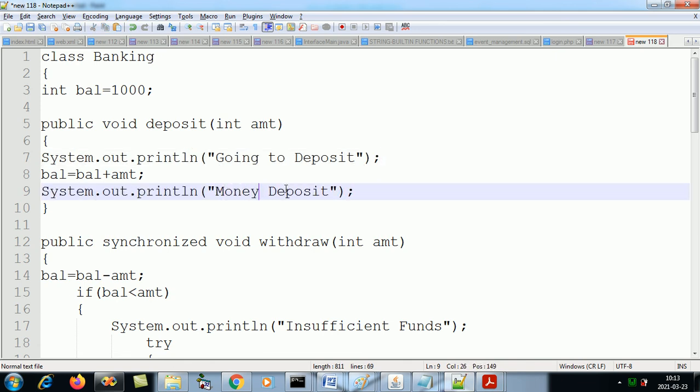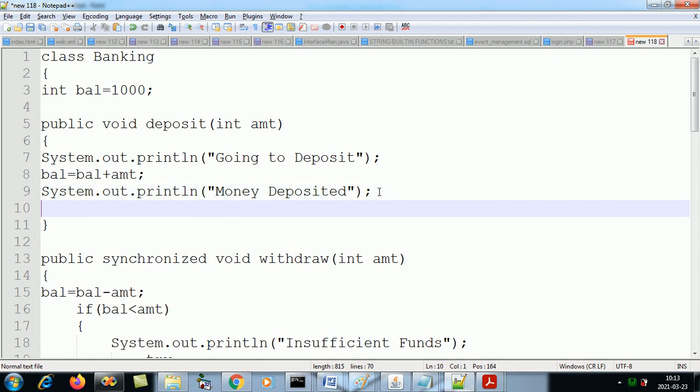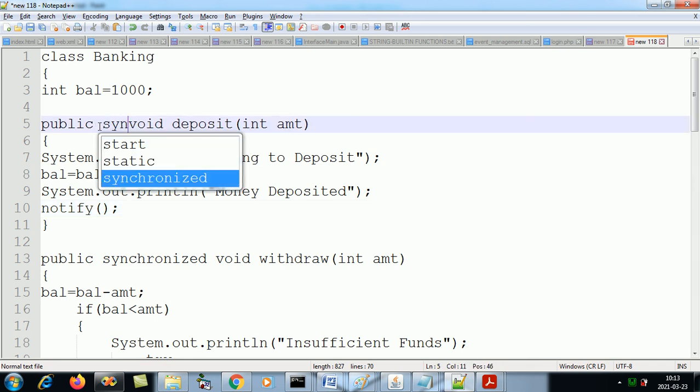And after money deposited, what do we have to tell? We have to notify. Notify can be called without try catch, but it has to be called in a synchronized context.